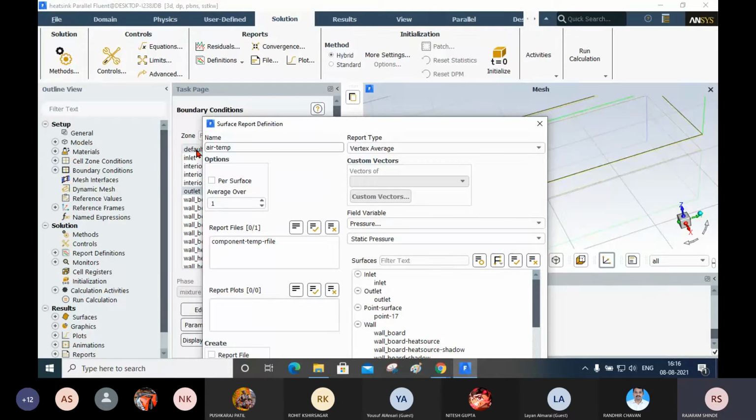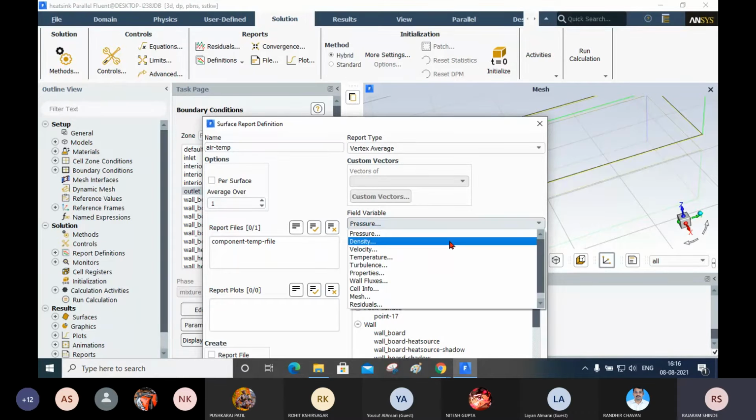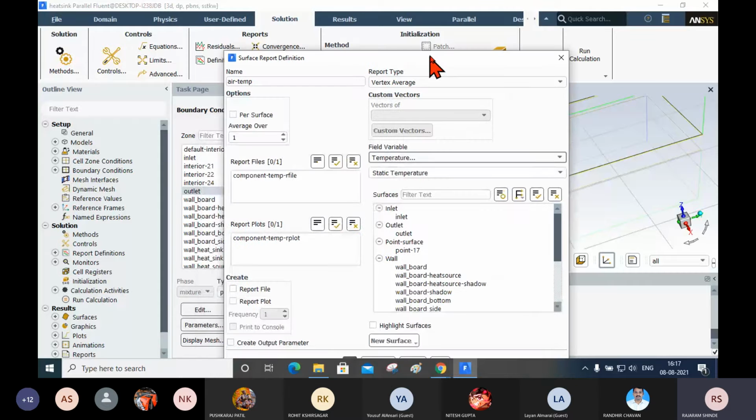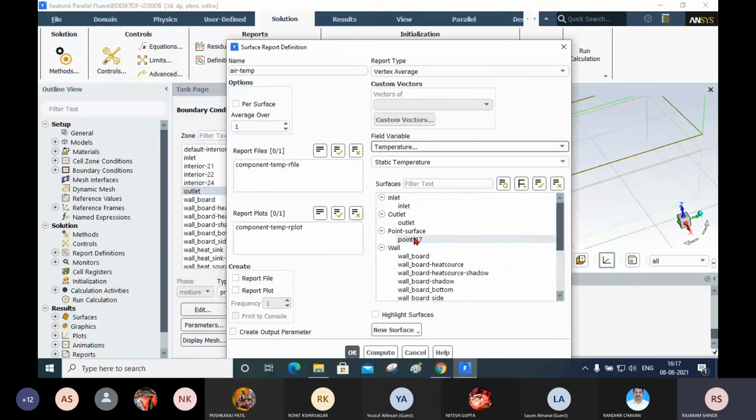Here you select the vertex average, and again you select the field variable as temperature. After that you select where you want to monitor the temperature, at this point. Select report file, report plot, click OK.